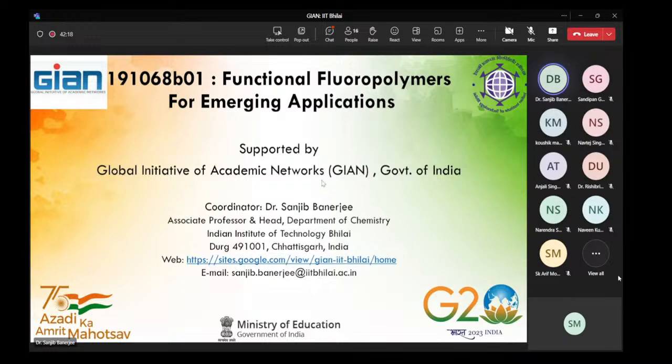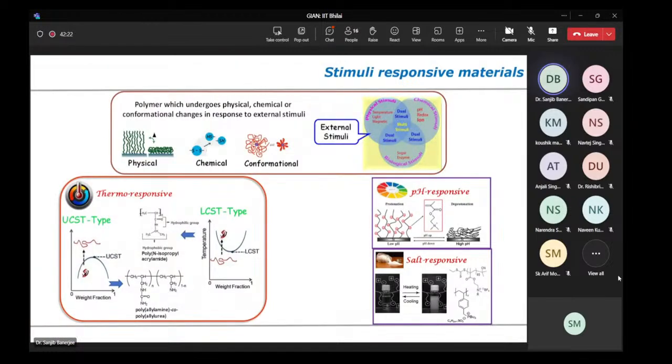So in this session we'll focus more on the properties of this molecule, right? And what could be the end application of this kind of molecule, or let's say emerging applications. And again this session will be interactive because this is a tutorial session, so the number of questions will be